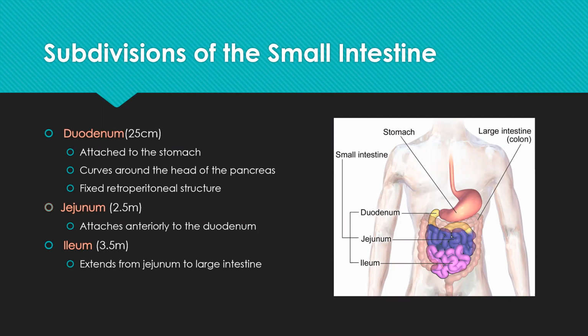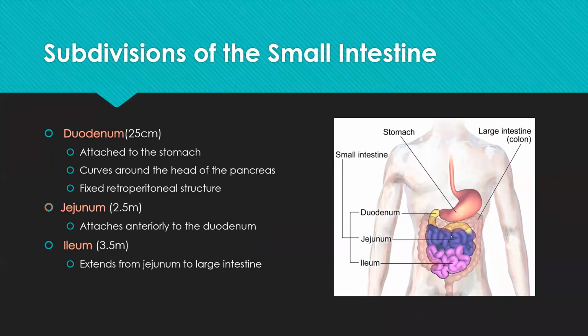Clear. I already told you the total length of the intestine, which has been divided into three different parts: the duodenum, jejunum, and the ileum. The duodenum is 25 centimeters, the jejunum is 2.5 meters, and the ileum is